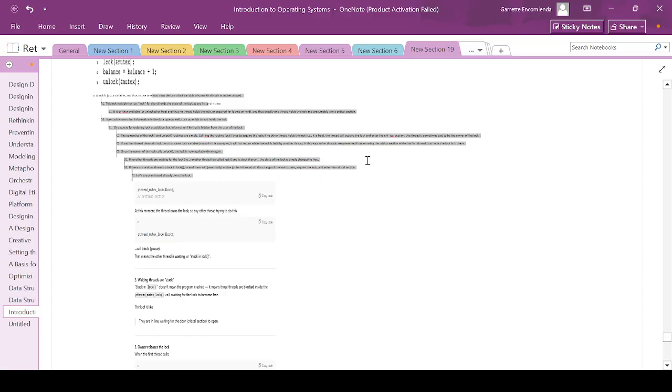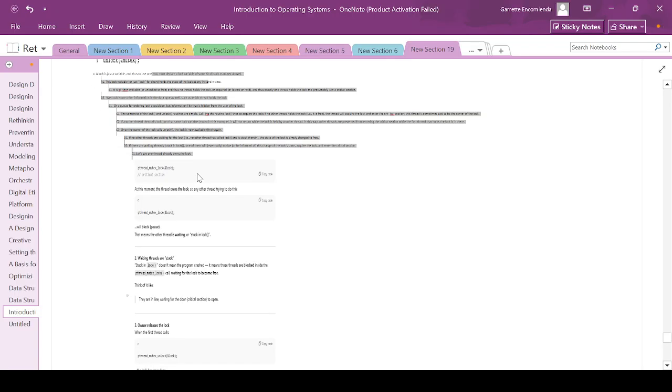In this way, other threads are prevented from entering the critical section while the first thread that holds the lock is in there. So it's prevented, again, to make it mutually exclusive. So that's what the lock solved,